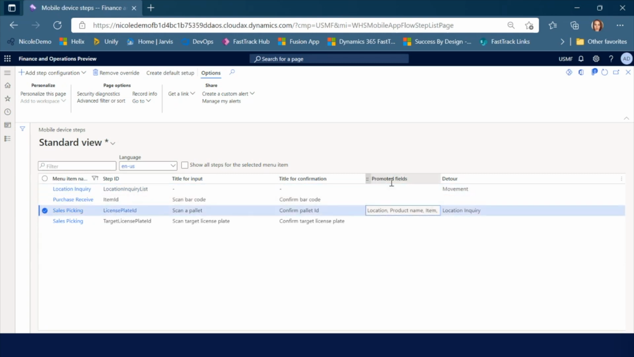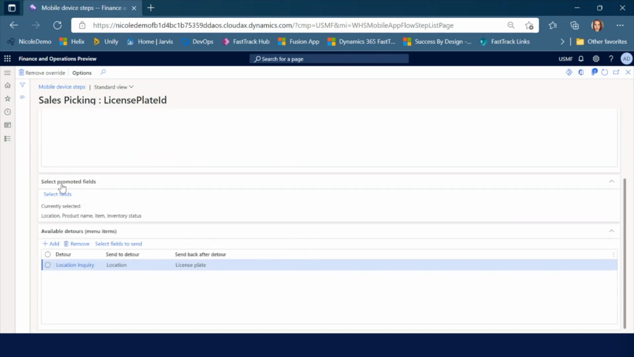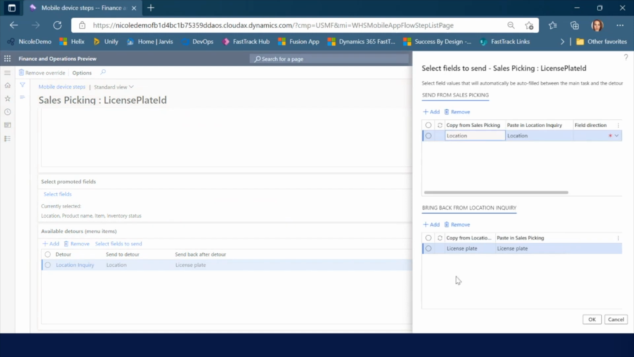Again, like the promoted fields, I also have the ability to see which steps or tasks have a detour configured. So we're going to look at this location inquiry first. So if I click into this step ID, again, I see there's my promoted fields. And then below that, I now get another new fast tab with the app detours feature enabled. And this is telling me what is the detour. And then if I say select fields to send,